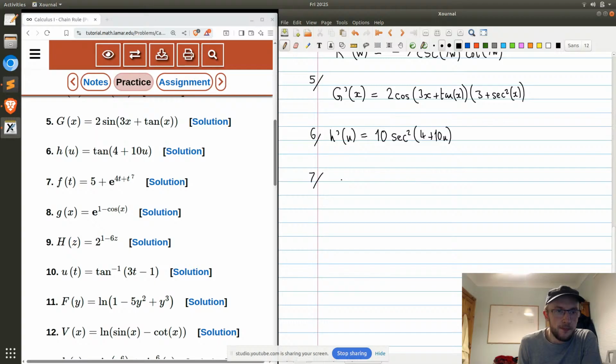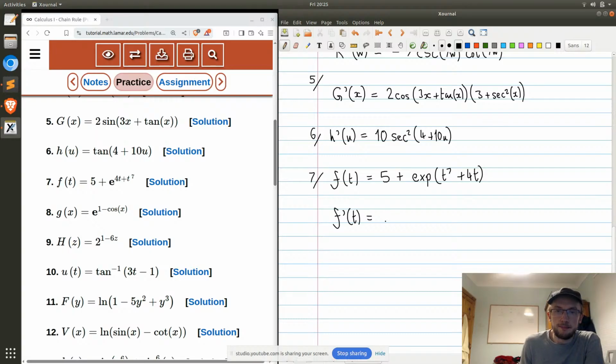Like that. f of t is 5 plus e to the 40 plus t to the 7. So this 5 here doesn't really matter, that just disappears. But I want to show that I'm aware of this alternative notation. So it's t to the 7 plus 40, just like that. And so f prime of t, that would disappear,